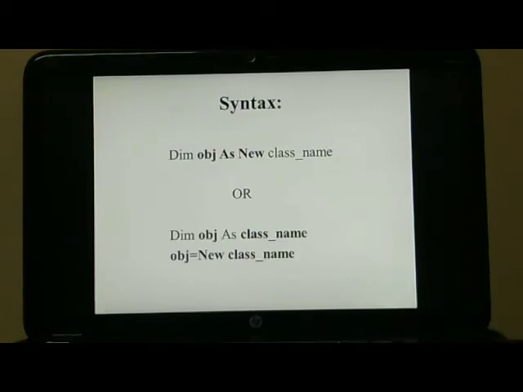Now let us see how an object can be declared. The syntax is dim obj as new class name. There are two ways to declare an object. The first I have already explained.